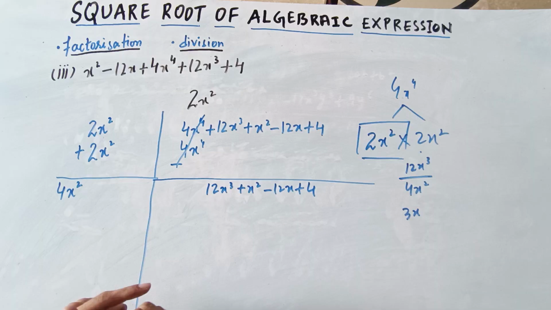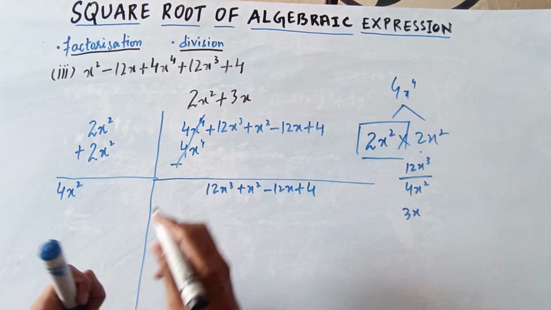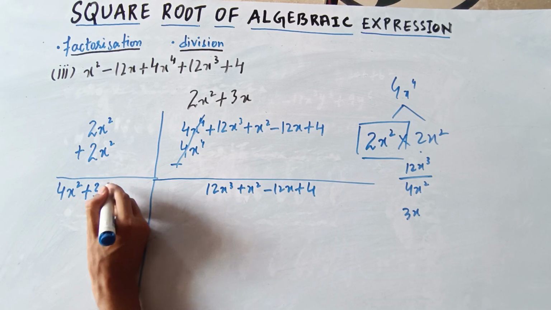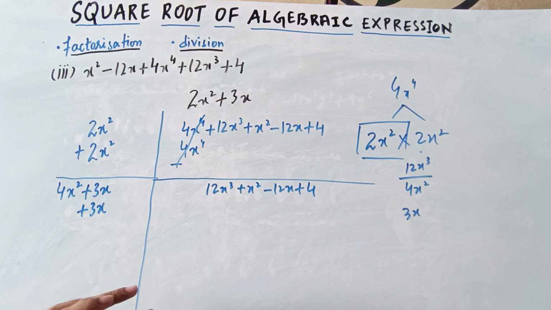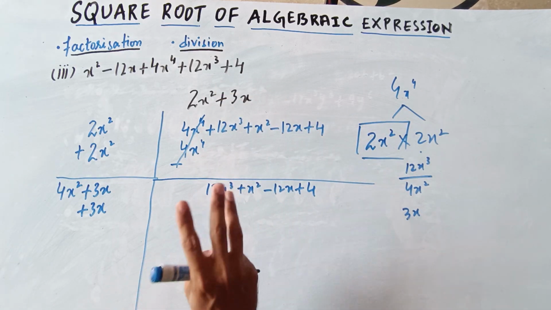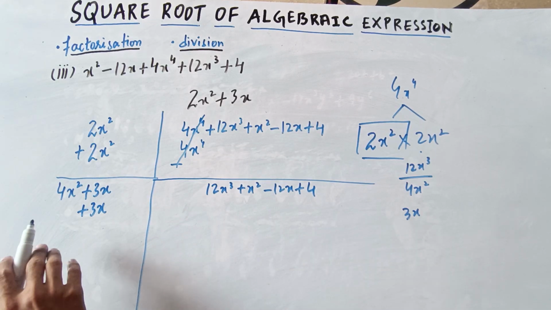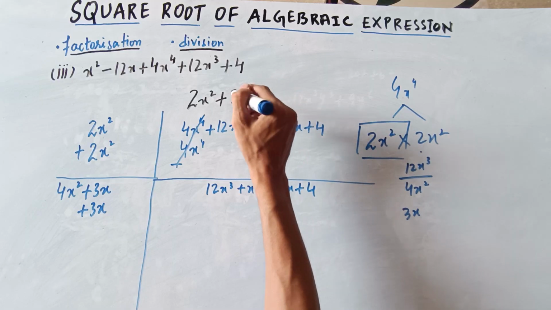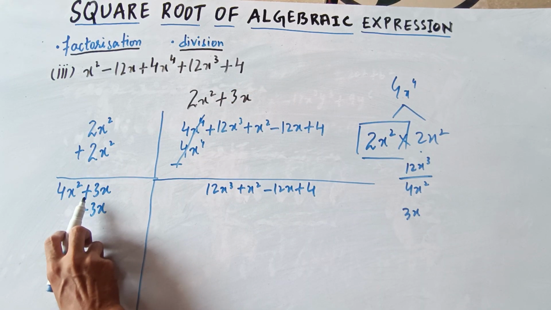So now in the quotient it will come 3x, and not only here, you will write 3x over here as well and over here as well, like the way you have done in the first step. So remember, this particular term you need to write at 3 places. Don't forget to write it in 3 places. Now you need to understand one thing, whatever you have written over here in the new step, you need to multiply it with all the terms which are written over here in the divisor.